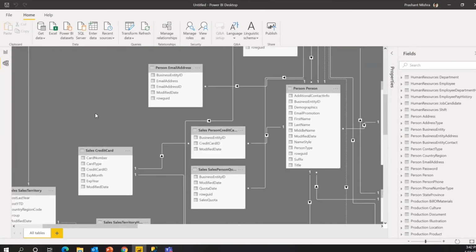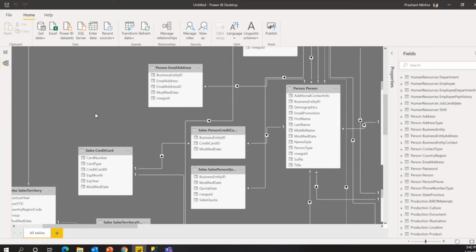Now, one more thing you have to understand is that it's not 100% correct that whatever relationship it has built by default will be correct. So you have to verify. If you feel anything is wrong, then go ahead and make the changes. Sometimes it's making those assumptions based on the data, or maybe the relationships you have already defined in your database. Sometimes it happens even if you have not defined any relationship in your data warehouse, it will try to build the relation based on the data. So you have to be careful with that.